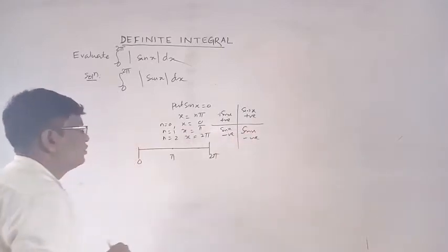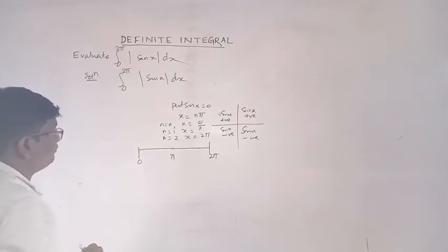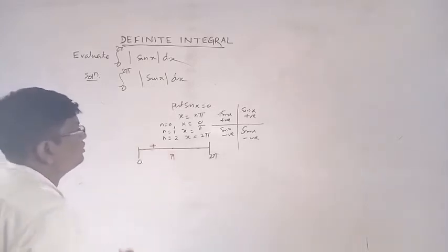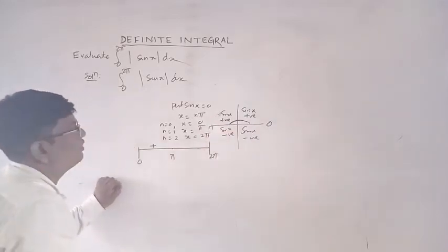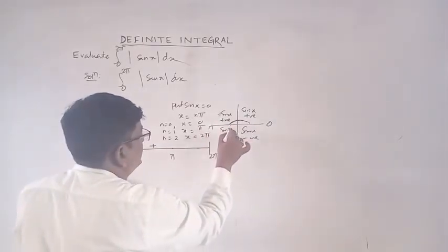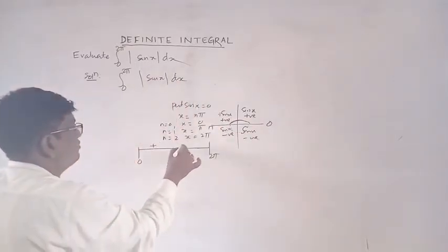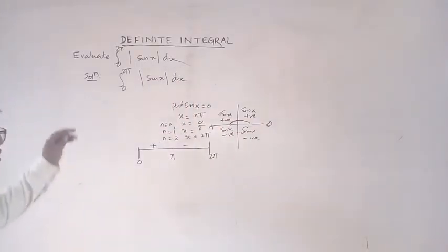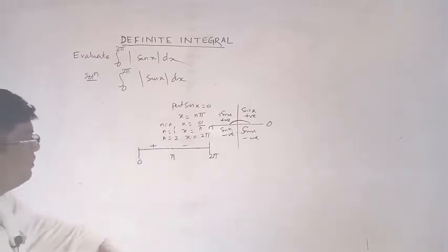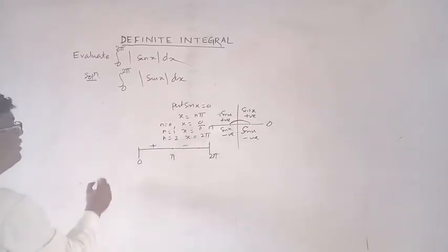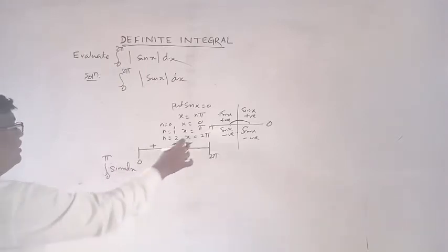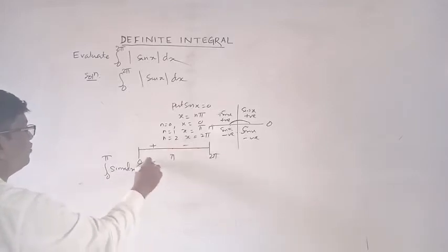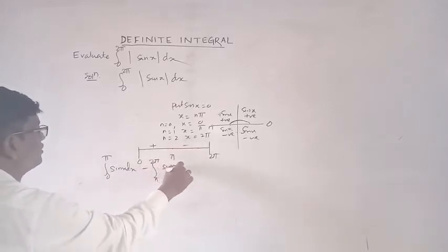Okay, so 0 to pi, this is what? Plus. 0 to pi, this is 0 and this is pi. The sin x is plus and this is sin x is negative, so this is minus. So first bracket 0 to pi plus pi to 2 pi. So this is equal to integration of what? 0 to pi, plus sign here, sin x dx, and this is minus sin x, so pi to 2 pi sin x dx.